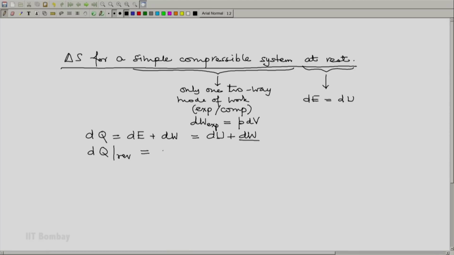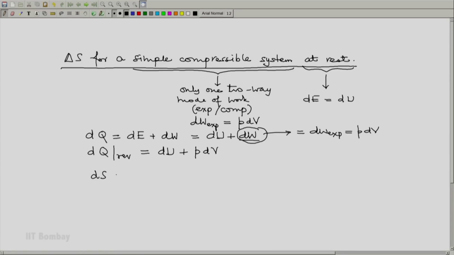So dq reversible will become dU plus pdV, because now we are restricting dW to only two-way modes of work. Since we have a simple system, there is only one two-way mode of work, and dW equals dW expansion, which is pdV, and because of this our